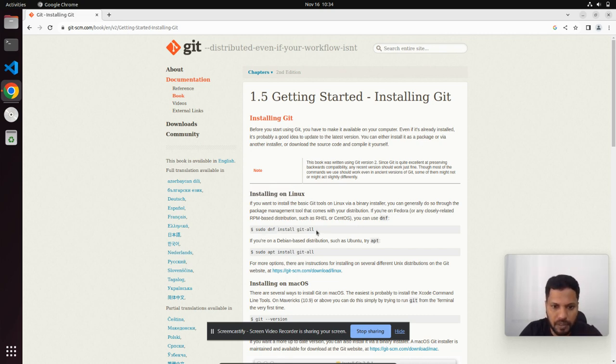Sudo dnf install git-all. This is for if you are on Fedora or RPM based distributions such as Red Hat and CentOS, and ours is a Ubuntu machine, so we need the Debian distribution. I mean Ubuntu distribution such as Debian related. For that one, you have to run this command: sudo apt install git-all. Copy this command, open our terminal,